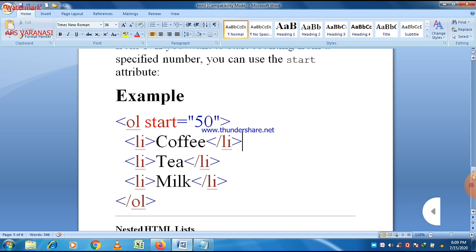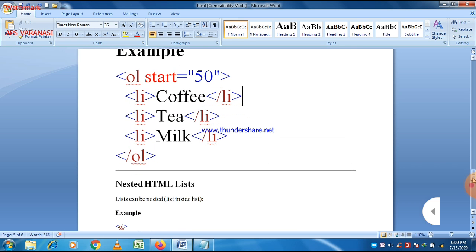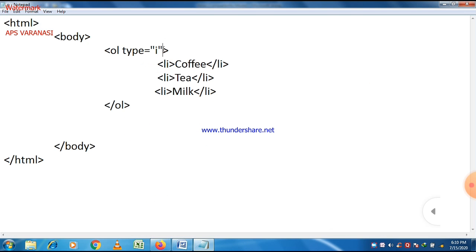In this case we can easily see that. Just write ol, and within the ol tag write the attribute. The name of the attribute is start, then equal to, then the value, and the value is 50. So counting will automatically start from number 50 here, and type is by default 1. So let us change this. Okay, now start 50, and just write type is equal to 1. You can write type is equal to 1 intentionally, otherwise it is the default, and just try to execute the program.